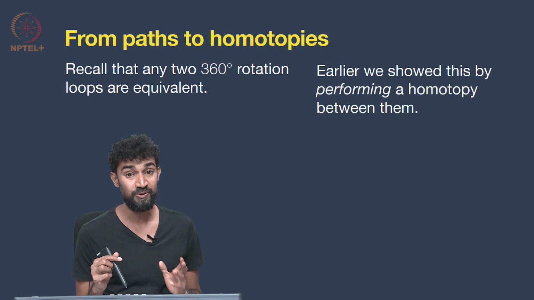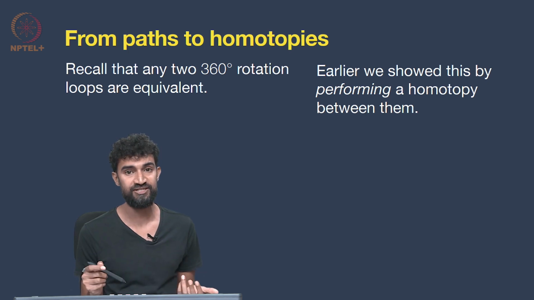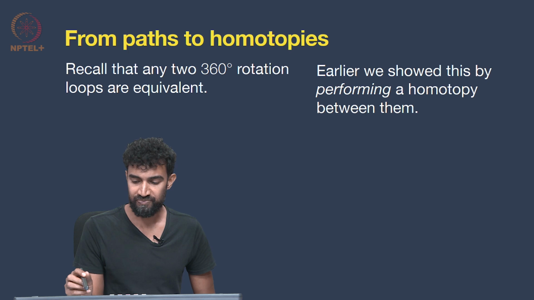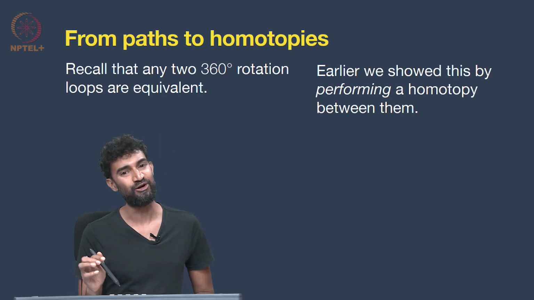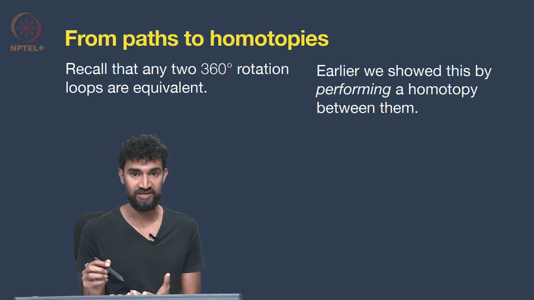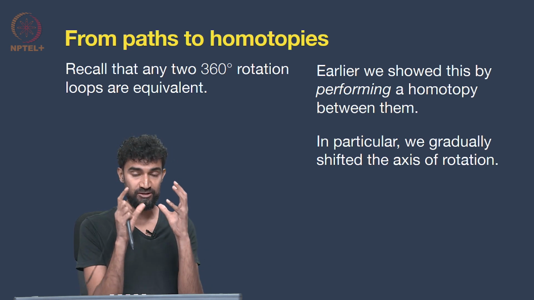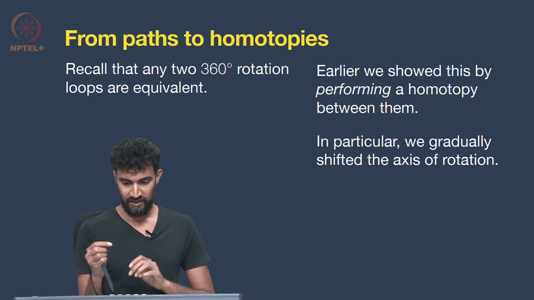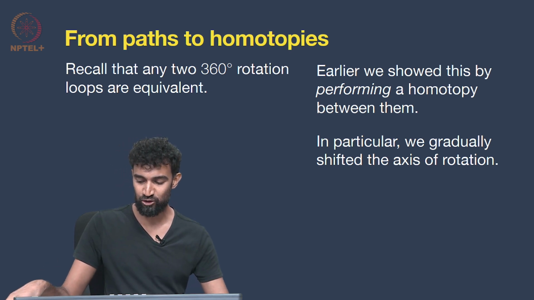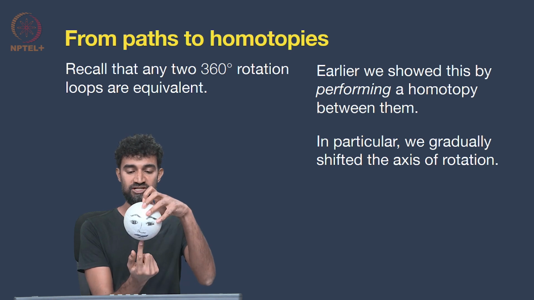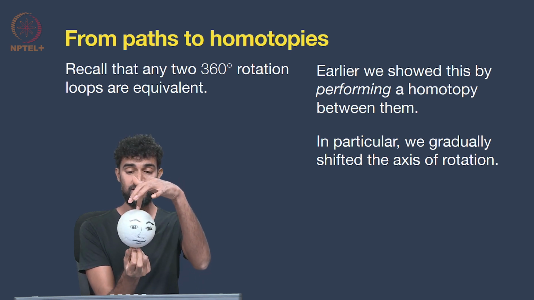All right, so earlier we saw that any two 360-degree rotation loops are equivalent to each other. And the way we showed this earlier was by performing a homotopy between them, performing a gradual deformation from one 360-degree rotation to another. In particular, we did this by gradually shifting the axis of rotation. So for example, you can gradually shift from having this be your axis of rotation, the z-axis,